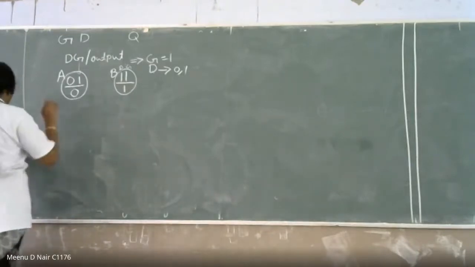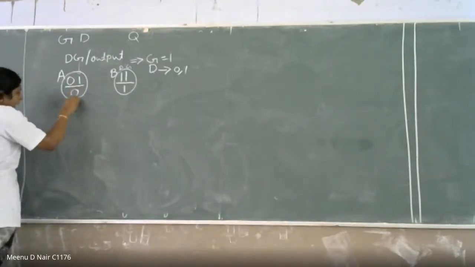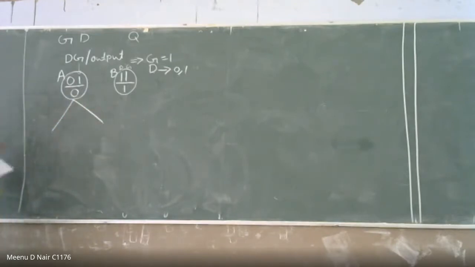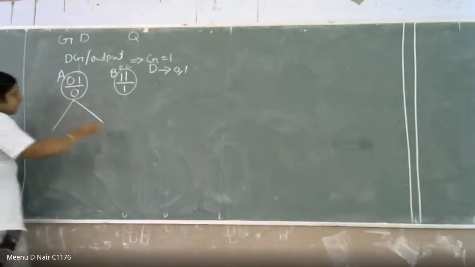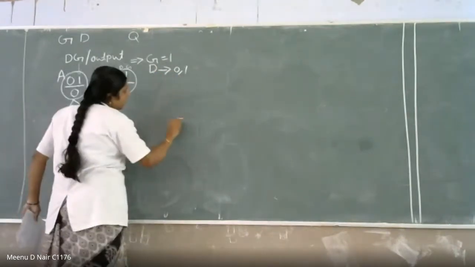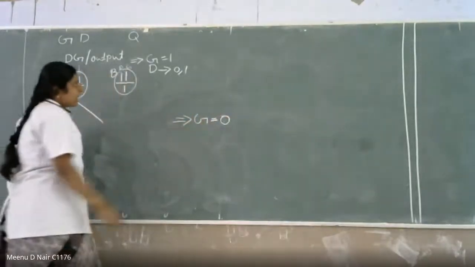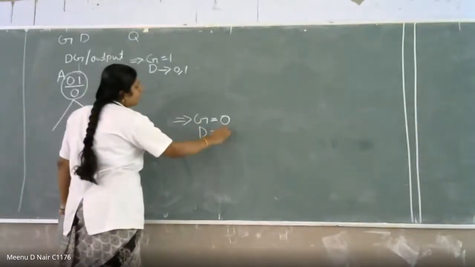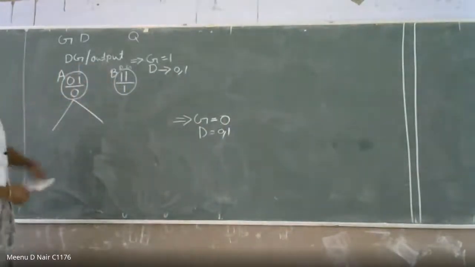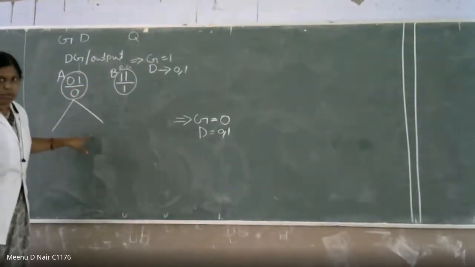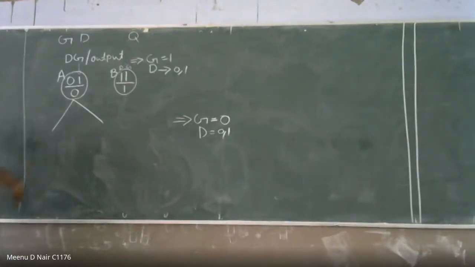So what you have to do is, this 0, 1, you again divide into 2. This is the first case. In this case, you fix J is equal to 0 and D can be 0 or 1. In the first condition you fix J is equal to 1, and in the second condition you fix J is equal to 0. So how can you change this G equal to 0 here? This one, first one, 0, 1.